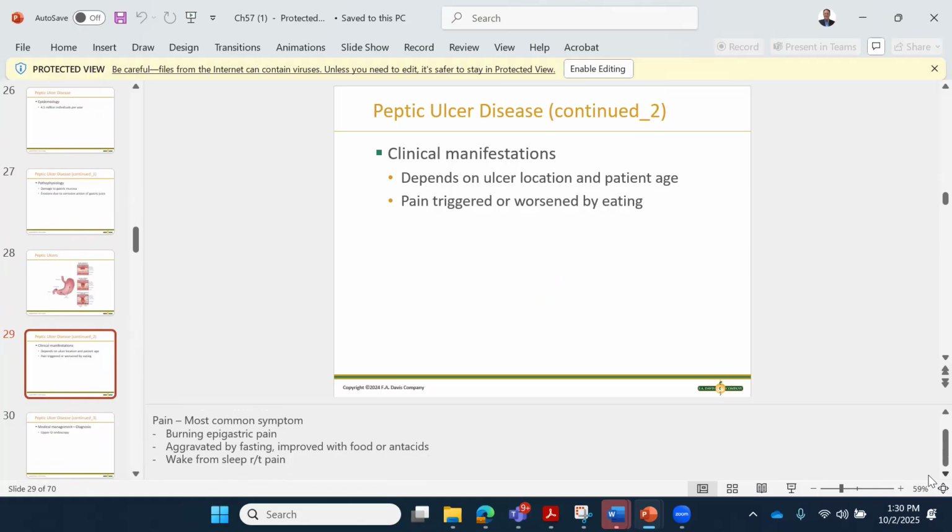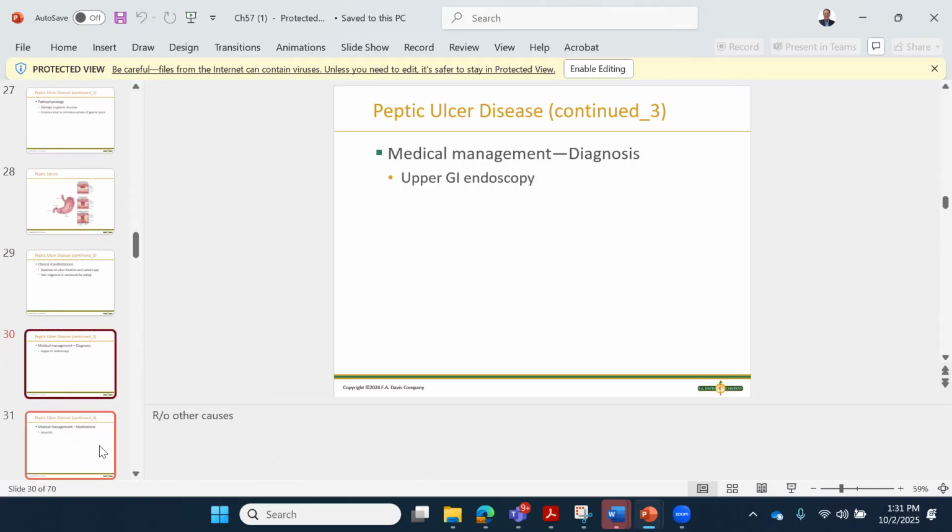The other thing you have to think about is whether the patient is having improvement with antacids. And if the patient is taking antacids, it's important to know what type of antacid they're taking. Is it, for example, a calcium-based antacid, or an aluminum-based antacid? Because we know about the inverse relationship, for example, between potassium and phosphorus, and how that happens if patients